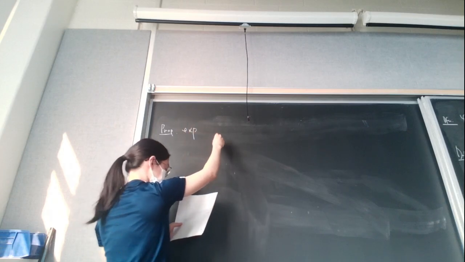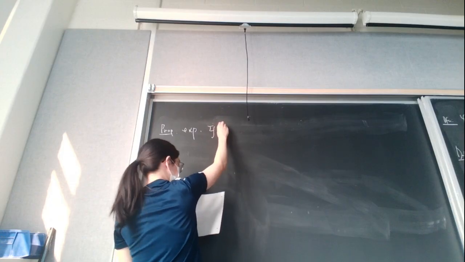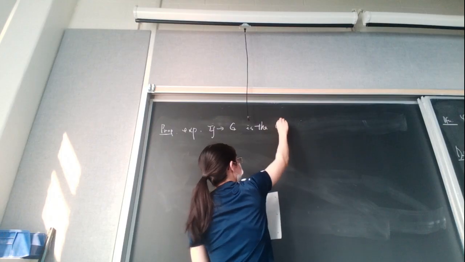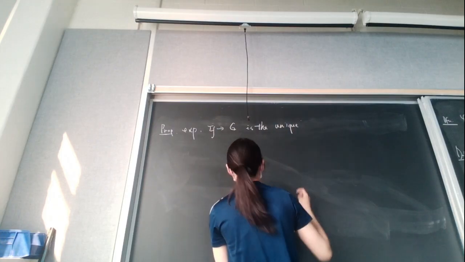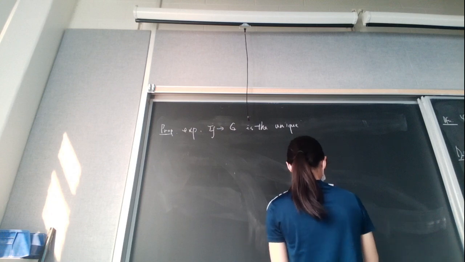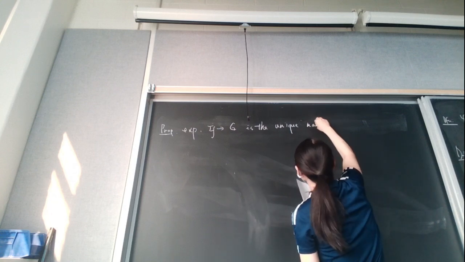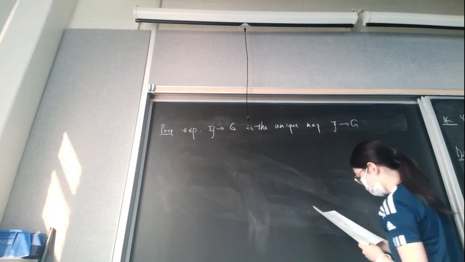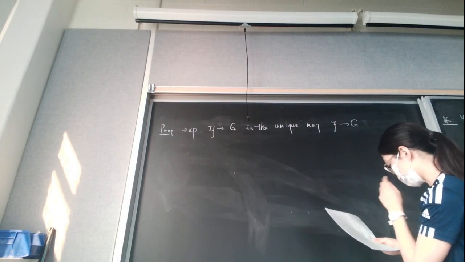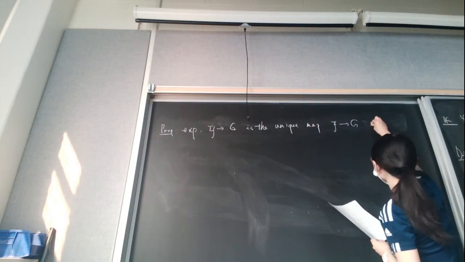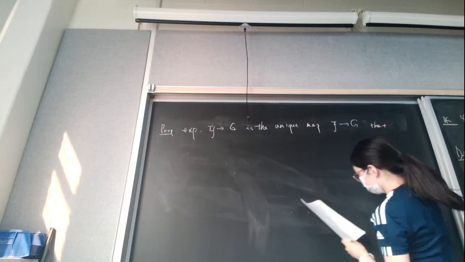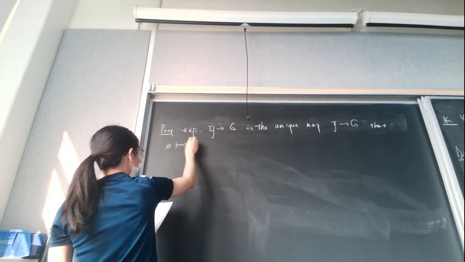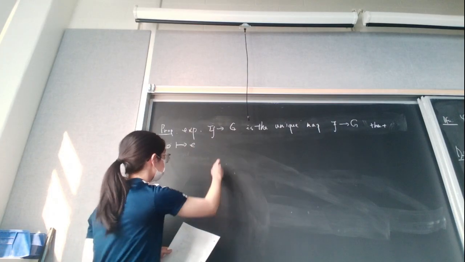The exponential map is the unique map from the Lie algebra g to the Lie group G that sends 0 to the identity,